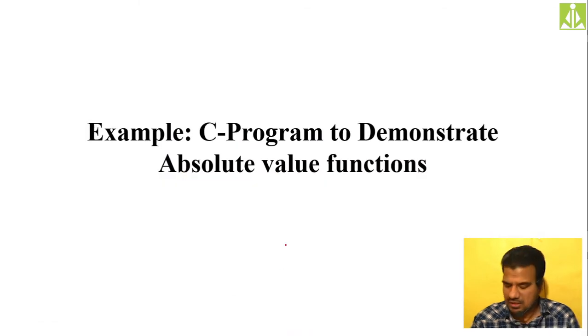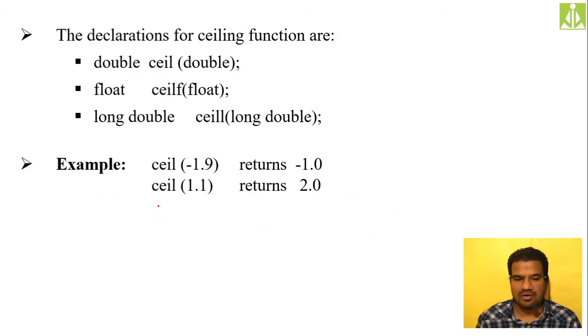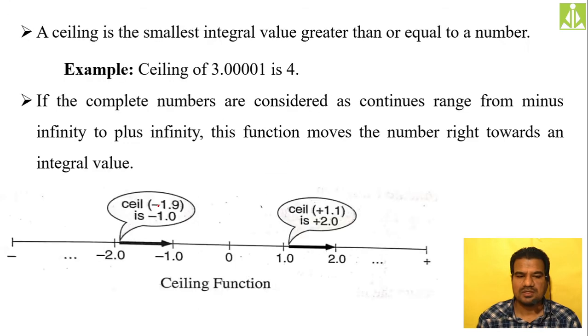After demonstrating this absolute value function, remember, absolute value means always the positive value. Then we have the ceiling value. I forgot to put the side heading over here. So, ceiling value. A ceiling value is nothing but the smallest integral value greater than or equal to a given number. So the nearest but greater. We have to say the nearest integral value but greater.